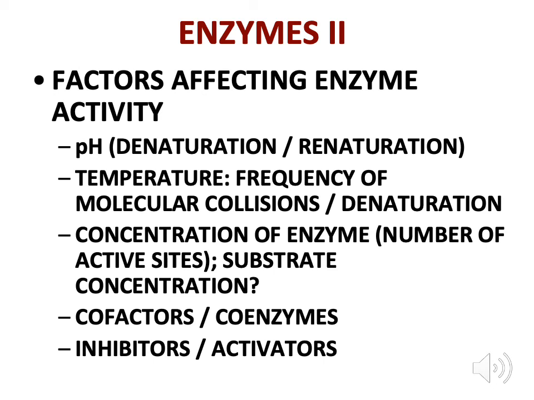On the other hand, what about substrate concentration? Well, if the number of substrate molecules increases, now it kind of depends on the number of enzyme molecules you got, but let's suppose I've got 100 enzyme molecules, and that means I got 100 active sites. And I got 100 substrate molecules, that means I got one molecule per active site. And that's about as fast as I can go. That's my maximum enzyme activity.